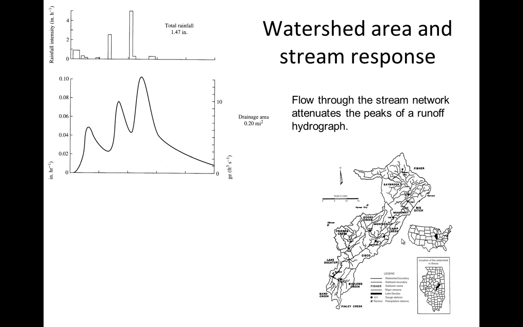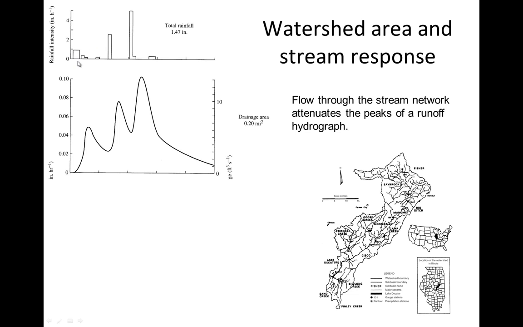Another way of looking at it is that even a very large watershed is going to have smaller segments that you could take a look at on the smaller scale. And there's a figure in the text that's very illuminating to help you understand the response of a hydrograph to rainfall. And so here at the top of the figure, it's showing a